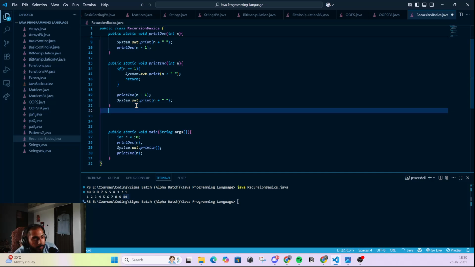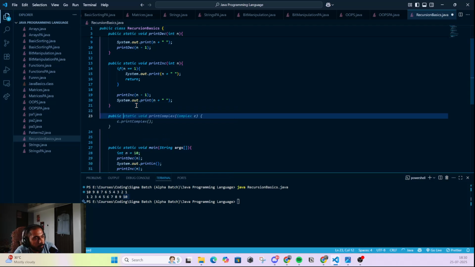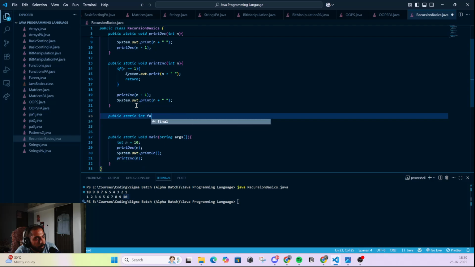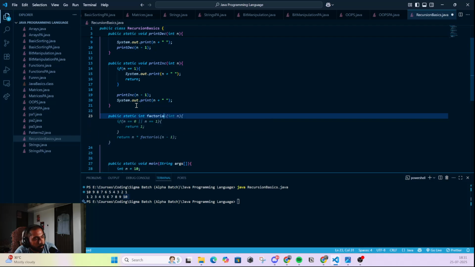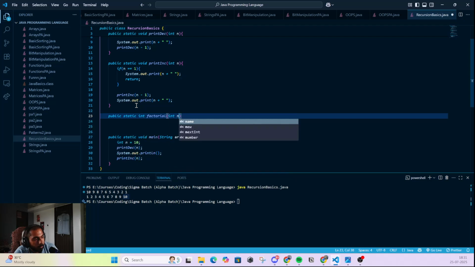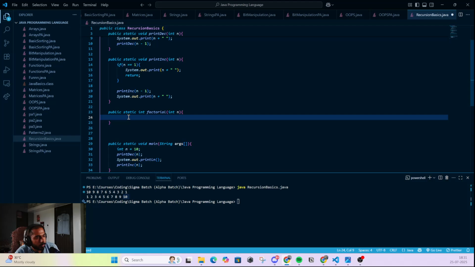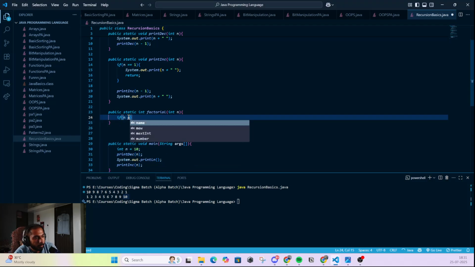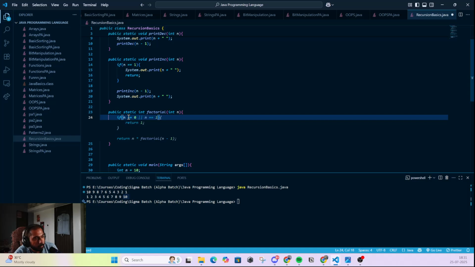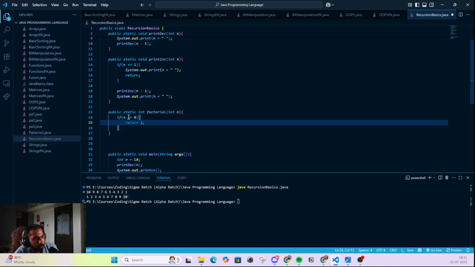So let us just write that here in code. Let's say public static int factorial, int n, and I think we can say if n is equal to 0, then return 1.